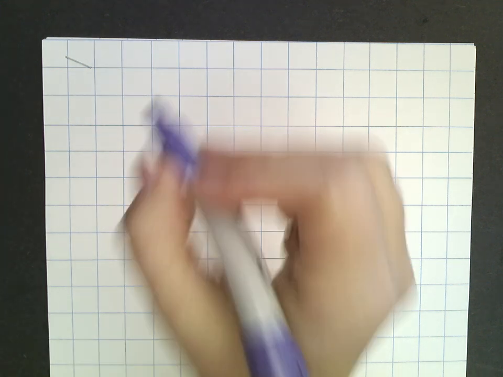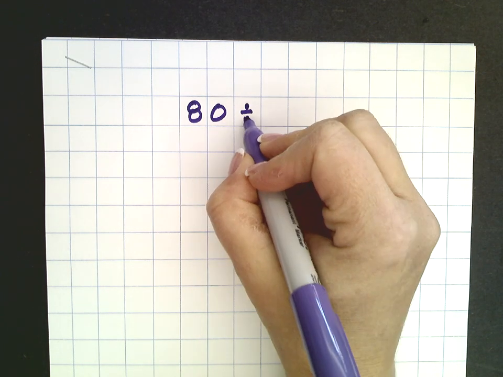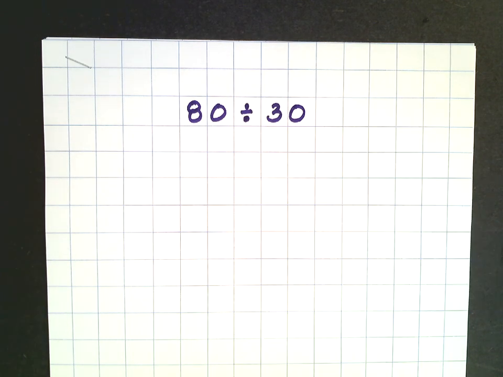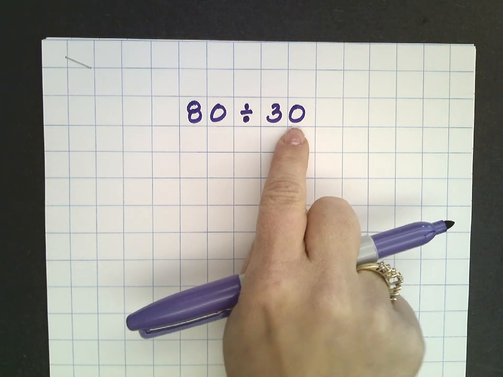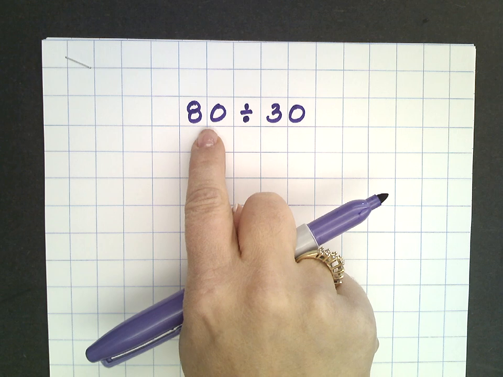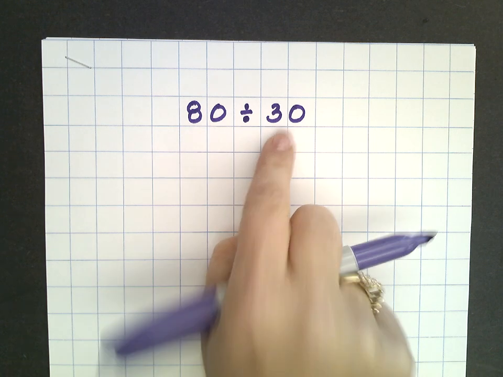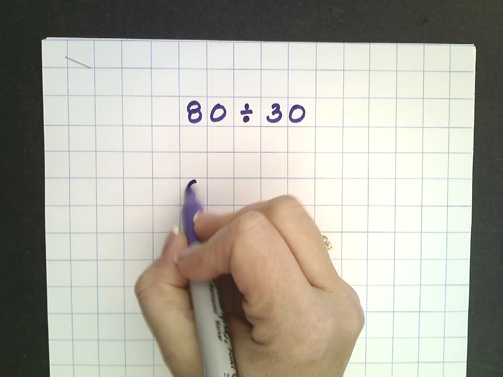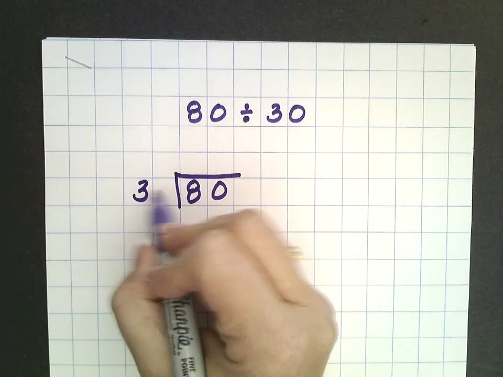So we're going to start out with a problem. We're going to do 80 divided by 30. So as we remember, this number is our divisor, goes outside the box. This is our dividend, goes in the box. This is what we're breaking up. This is the pieces that we're breaking it up into. So we're going to go ahead and set it up with the division box, 80 inside, dividend, divisor of 30